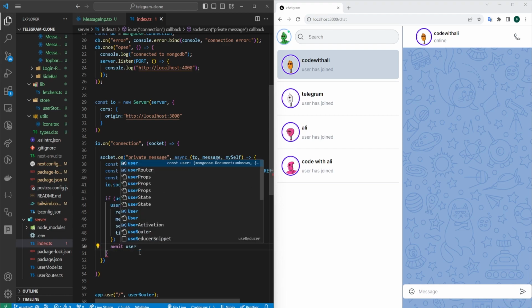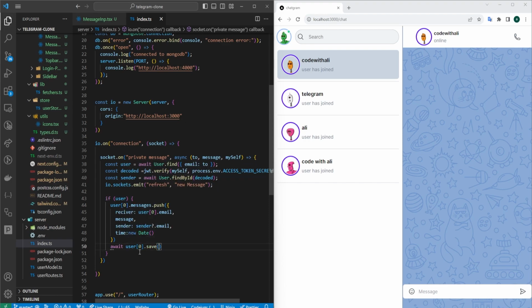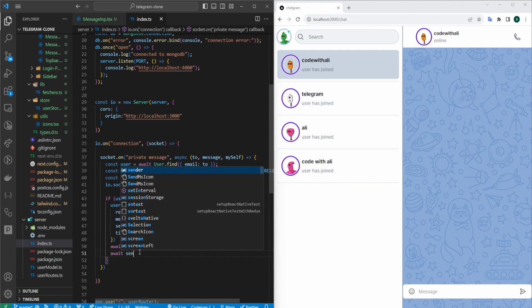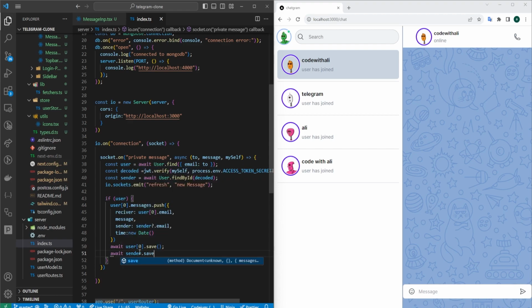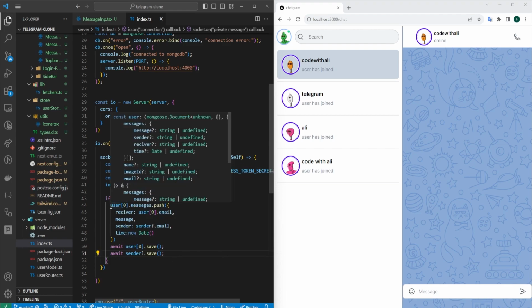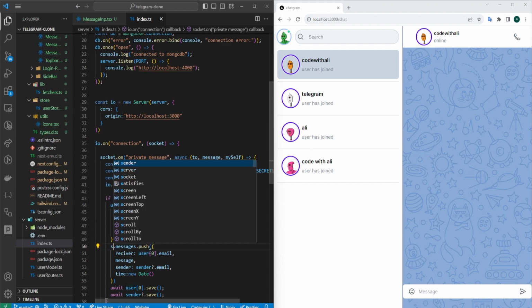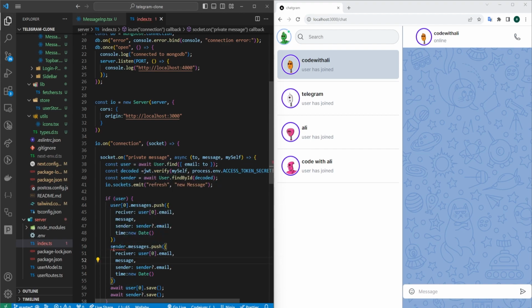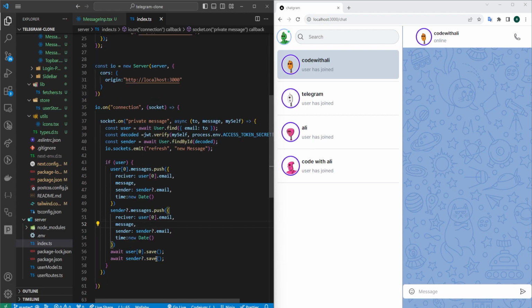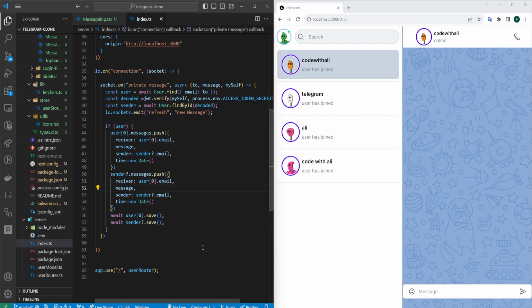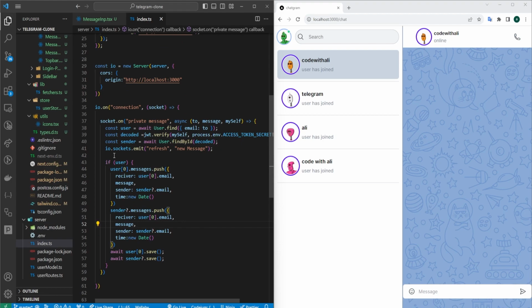Then say await user index 0.save. And await again, and sender.save. We are going to save both the user and the sender. Copy and paste the push method again and change the user to sender. Now we should be able to get the post and